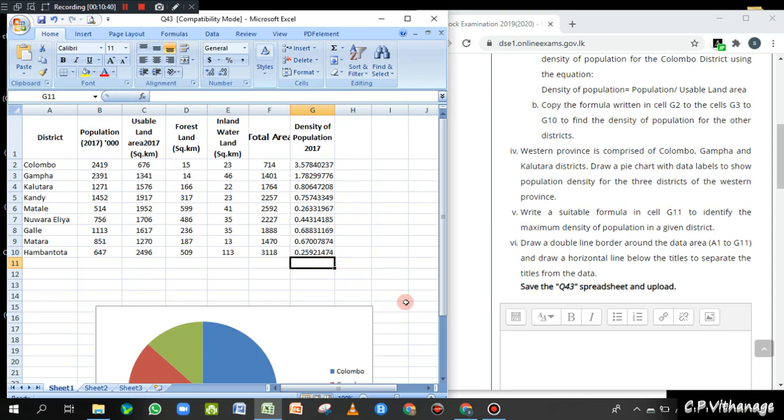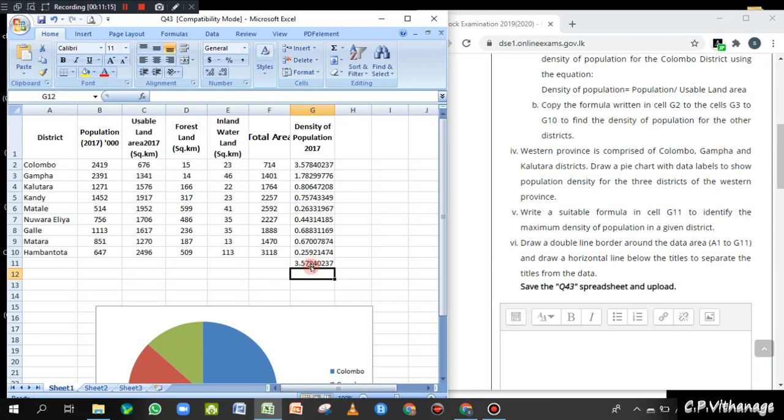So I have to go to this G11 cell and type equal, maximum, and give the cell range where the data is. From out of these data, show me the maximum value. That's what I am saying. Now here you can see the highest density population